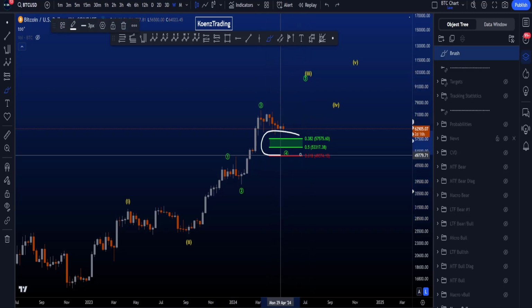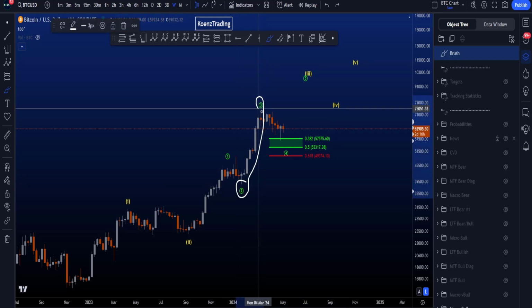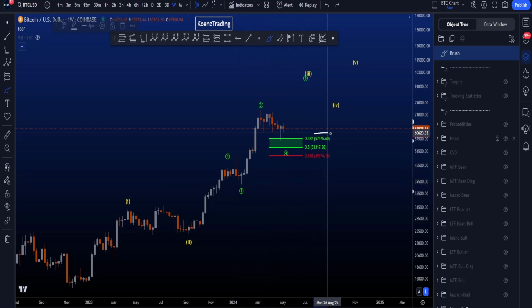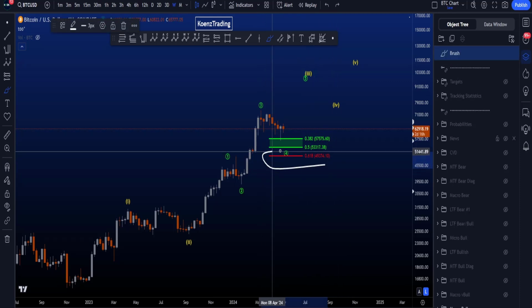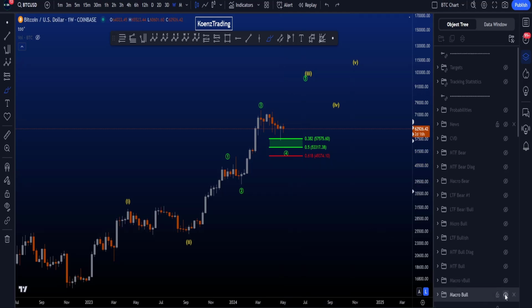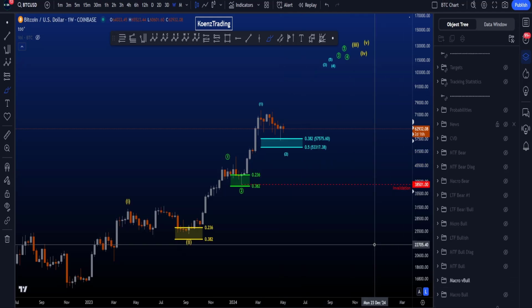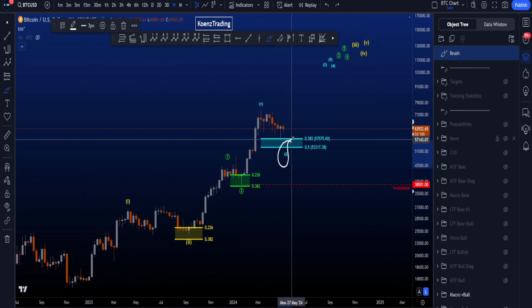Common target area for your wave 4 is the 0.382 to the 0.5 Fibonacci, taken from the low to the high of wave 3, giving you a target area between 57.6k and 53.3k, with the invalidation being the 0.618 at 49.3k. An alternative and even more bullish scenario is a 1112, where after the blue wave 2 you expect a